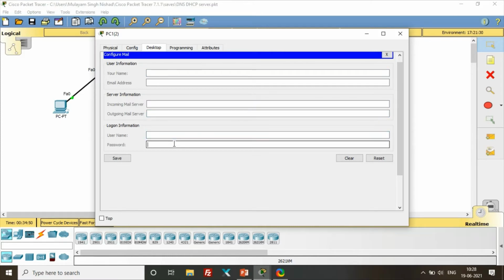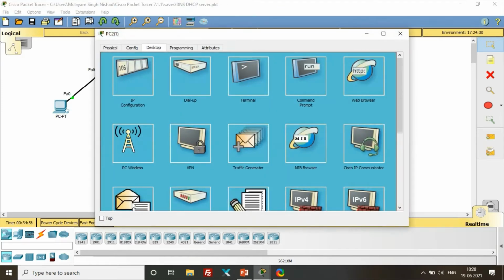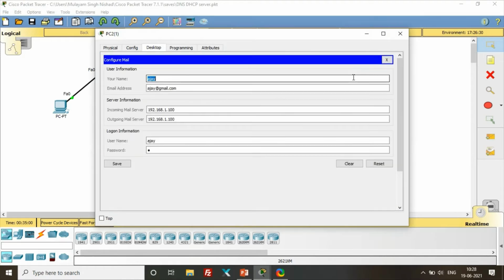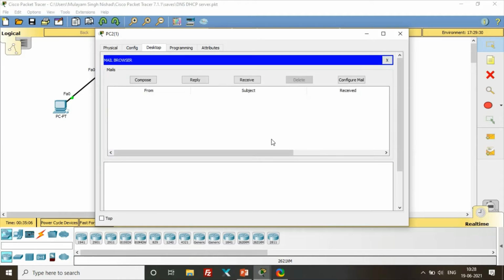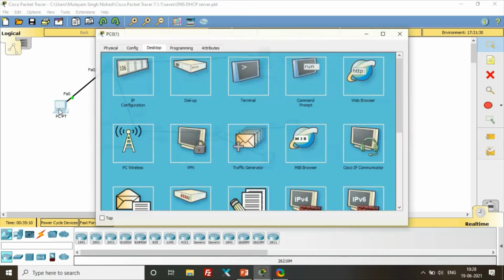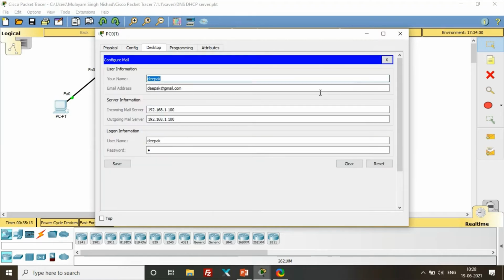So it is blank on every PC. This one is already configured, so let's clear it. It is cleared now, and there is no configuration on this PC also.